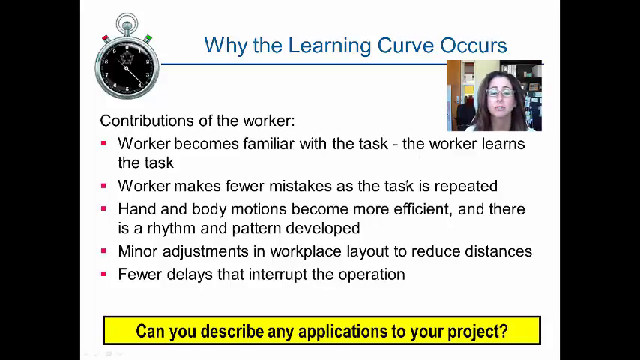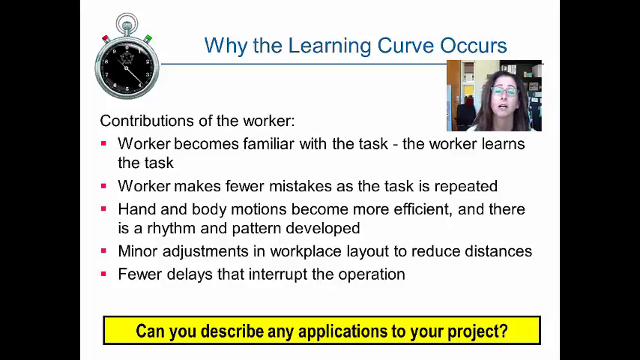And then as you get the hang of doing something, I say as the worker, you make fewer mistakes. So you don't have to go back and rework, which takes less time. You become efficient in how you lay things out. Think about our flashlight assembly back at the beginning of the quarter, and hopefully you've saved those times because you'll be able to